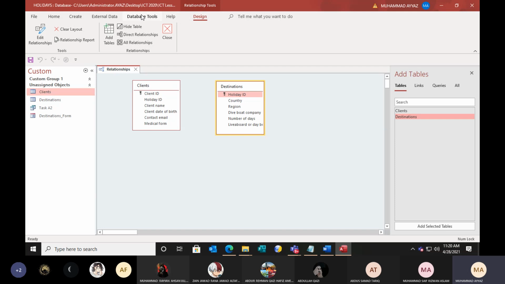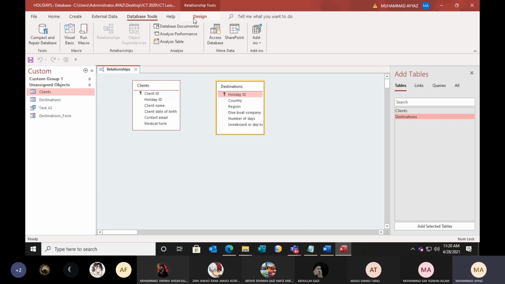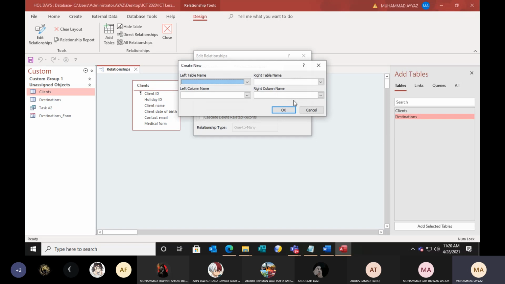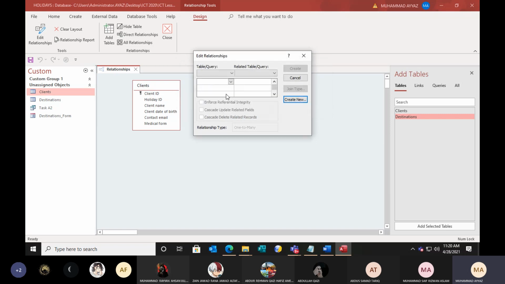At least 2-3 clicks you will do. You will go in design, you will go here, then you will create a new one. Okay, see, this will come. So no need of this. It's confusing. When you are an expert, then it is okay. For beginners, it is confusing. So I will not recommend this. When you have practiced 2-3 databases, then you can do it.